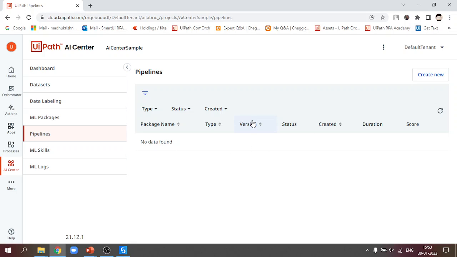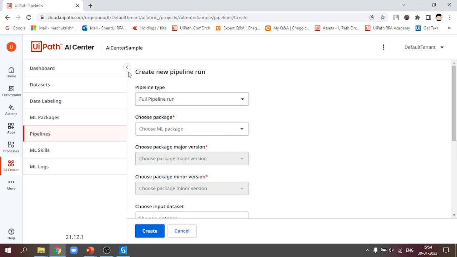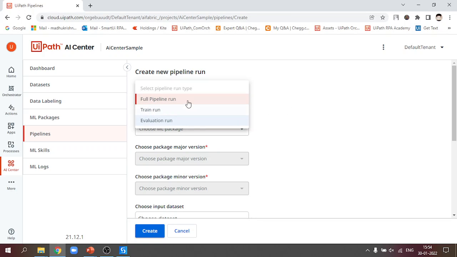As I said, a pipeline is a description of an ML workflow, and it includes all the definitions of the inputs required to run the pipeline and the outputs to get from it. It will be an execution of a pipeline based on code provided by the user. This code is where the functions called in the pipeline are actually implemented. So there are three types of pipelines. We'll see once you click on create new, you can see these options, and then you can select the pipeline. So these are the three types of pipelines we have.